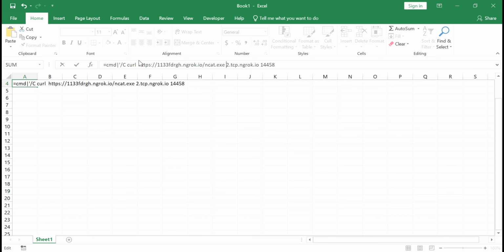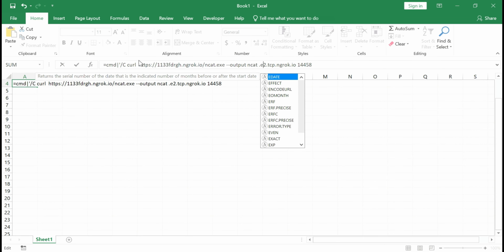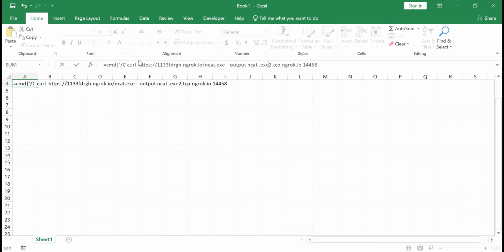Now I will give a space, and then what I have to do is I will simply write $output, and output would be some path. I will not simply provide the path. This path would be the same path where my Excel documents would be saved. So I will be saving my ncat.exe in the same path. So I will simply write ncat.exe here. It will write the ncat.exe file into my file manager, or you can say the same path in which